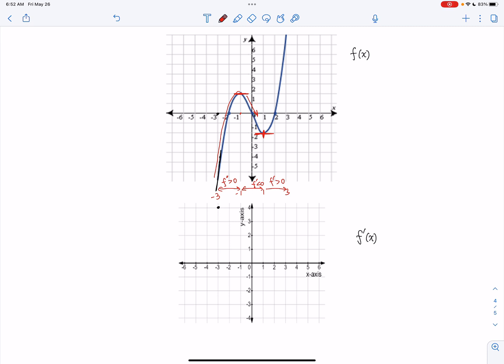Okay, so you should have something like this. Oops, I should draw this faster. And then between -1 and +1, the derivative is negative. And we'll go like